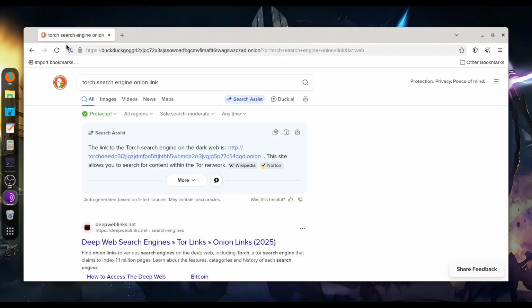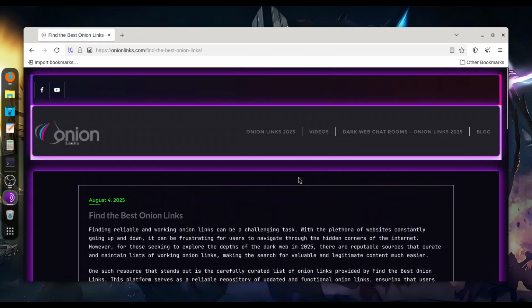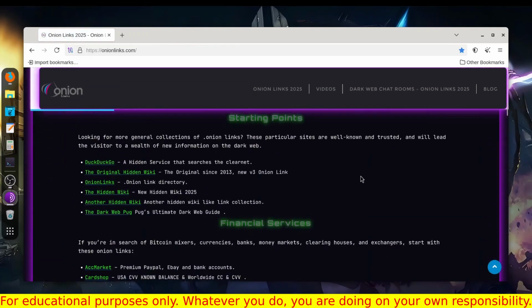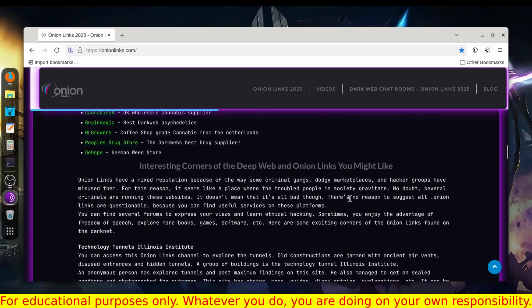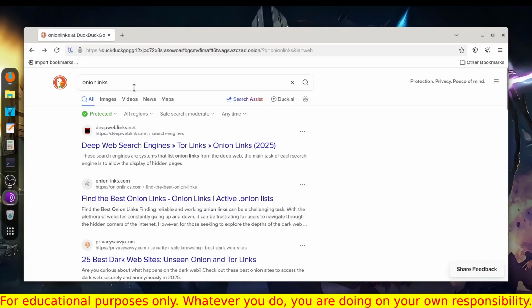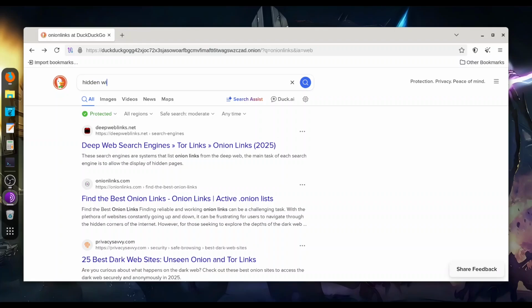Alright, I'm going to close this and I'm going to search for onion links. It's here. And in here you have the tab onion links 2025. And a bunch of different links arranged in categories. Let's get back. I still prefer this DuckDuckGo. And one more interesting site now, it's hidden wiki